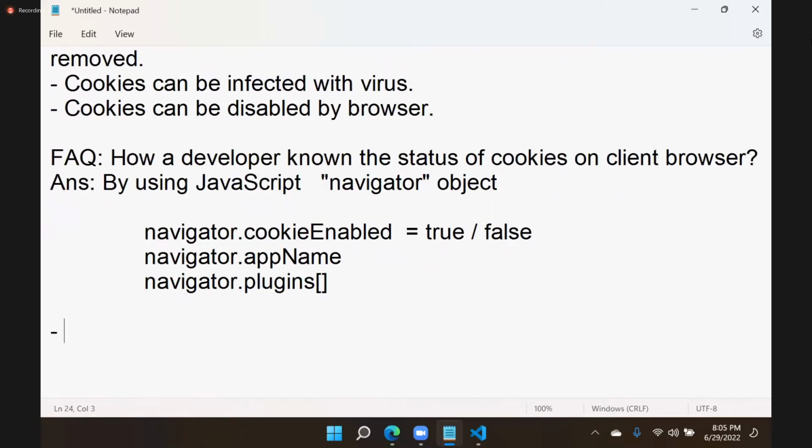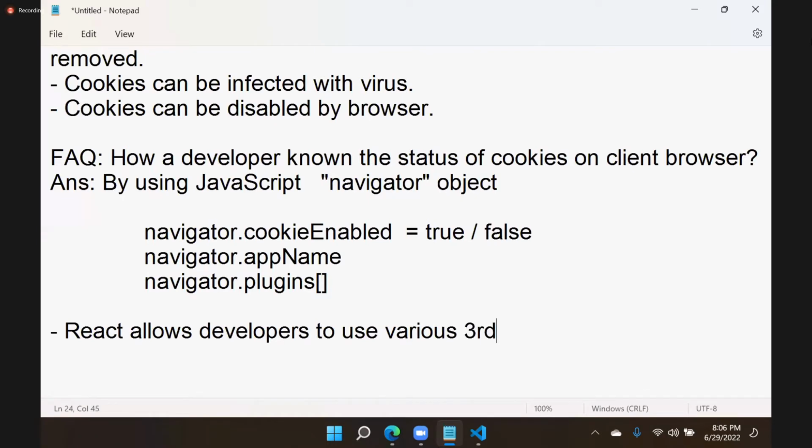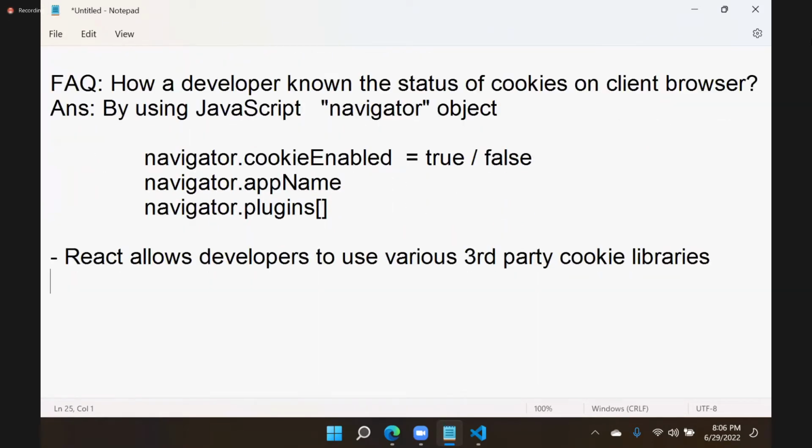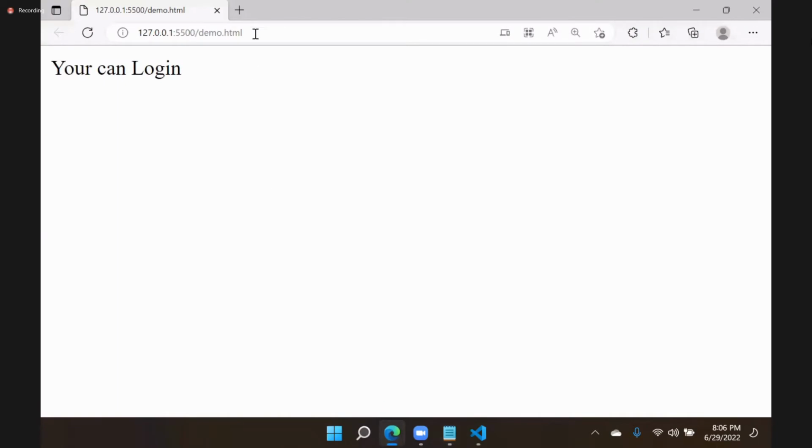Okay. Now, how to use cookies? Actually, React allows developers to use various third-party cookie libraries. That means you can use a lot of cookie libraries. So different cookie libraries are there. You can use any of these. Already I told you, now you can go here,